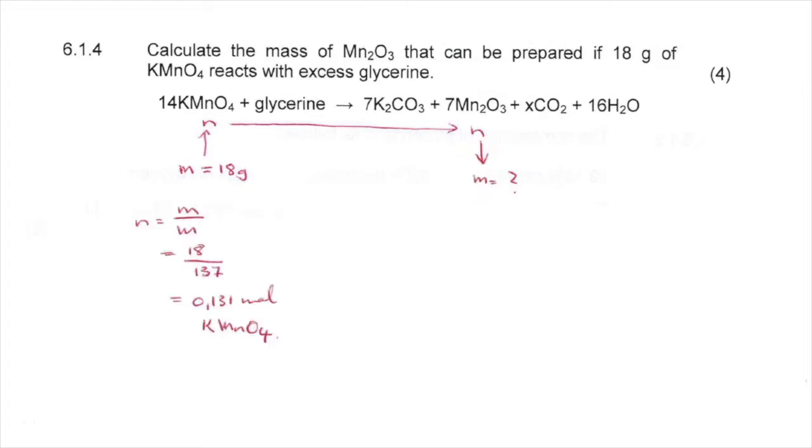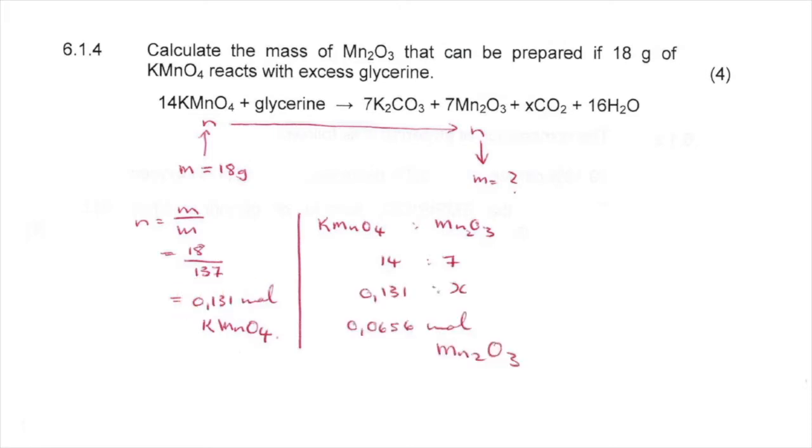So let's start with the first one. You have to work out for potassium permanganate. You have to work out that molar mass. And then you end up with the number of moles over there. Converting from one to the other, that's always going to be a ratio. And if you look at the equation, they're in the ratio 14 to 7. So 14 moles of potassium permanganate will make 7 moles of manganese oxide. But we don't have 14, we have 0.131, and it's in the ratio 14 to 7, or you can say 2 to 1. And then we end up with the manganese oxide of